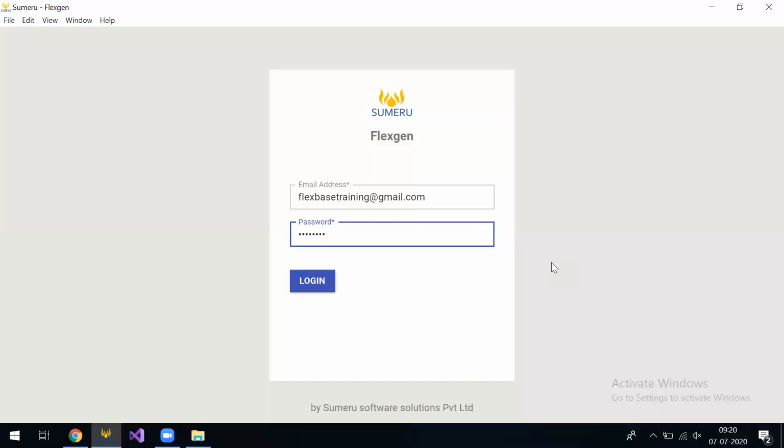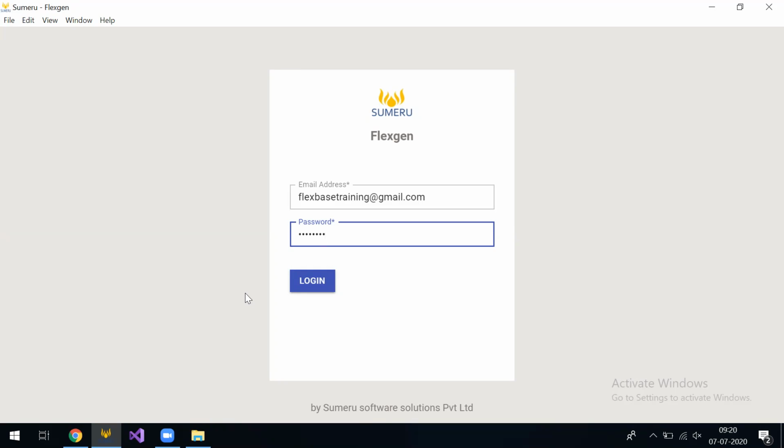Hello. So in the previous video, we saw in Flex Studio how to create graphs, applications, modules, features. So our graphs are ready. We created an application, training app, and in that we created a module, order management. In that we had 4 features. Now for those 4 features, we'll go ahead and do code generation.